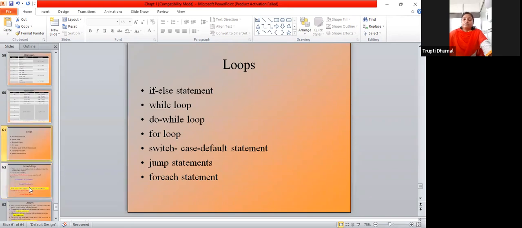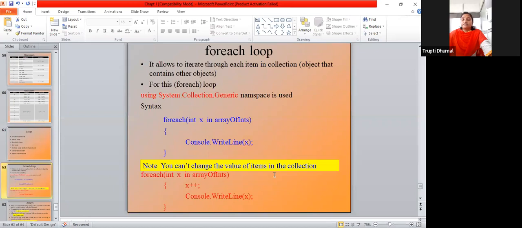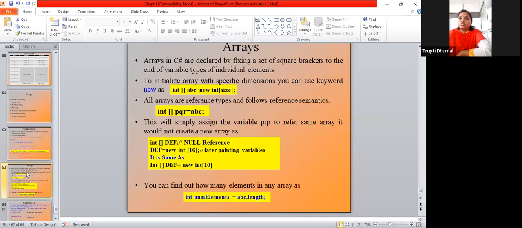Again, for the foreach loop, you provide the items in the collection that will be defined. For each int x in array, I have given an increment, and I need to display it on my screen, so I have used Console.WriteLine. So this is the foreach loop. Similarly, arrays we are going to define like this. You already know well how an array is defined. So this is int a, if I am giving any size,